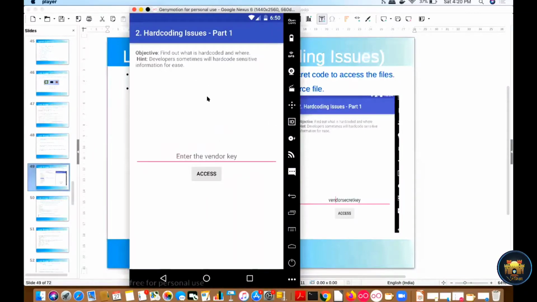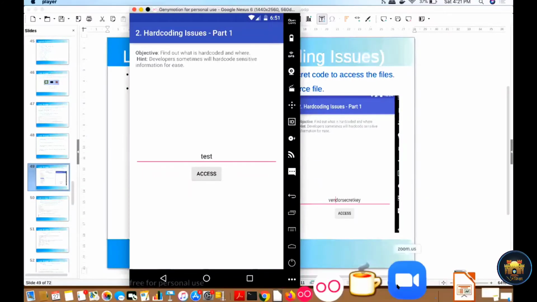So if I check the Diva application, our objective is to find out the hard coded key. If I type here test, it is saying access denied, see you in the hell. That means we are not typing the correct access code here, right? So our task is to find out the access code. So where will we find this access code? We need to check the code which we have decompiled.